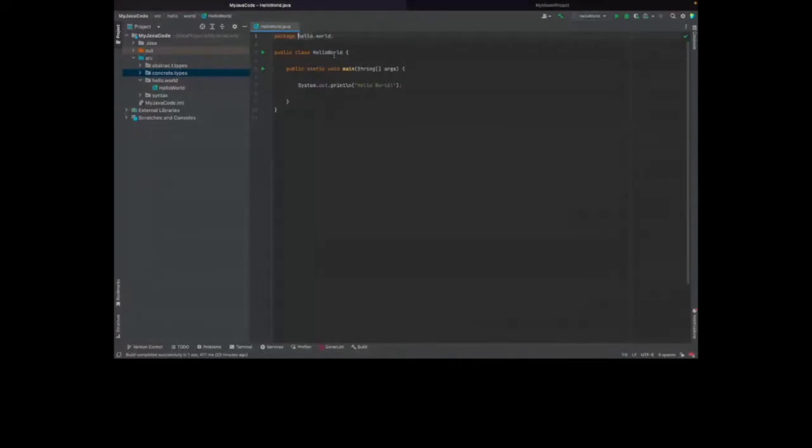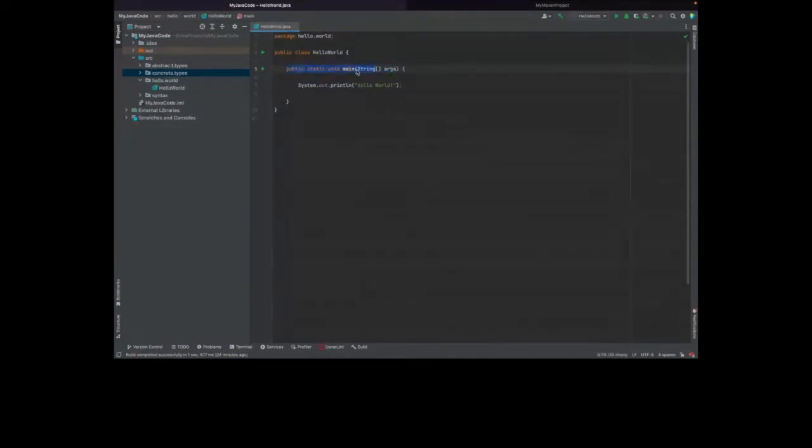We have classes. I'll get a little more onto what a class is, but it's essentially just a wrapper around some code. It's like the blueprints for some code. And then we have public static void main. I'm going to get a little more into what public means, and what static means. Void essentially means that we're not going to be returning anything from this function. And then we've defined a main function and given it some string args.